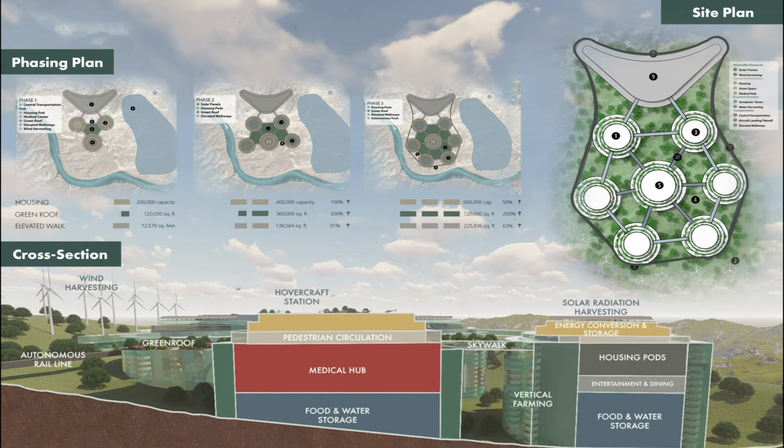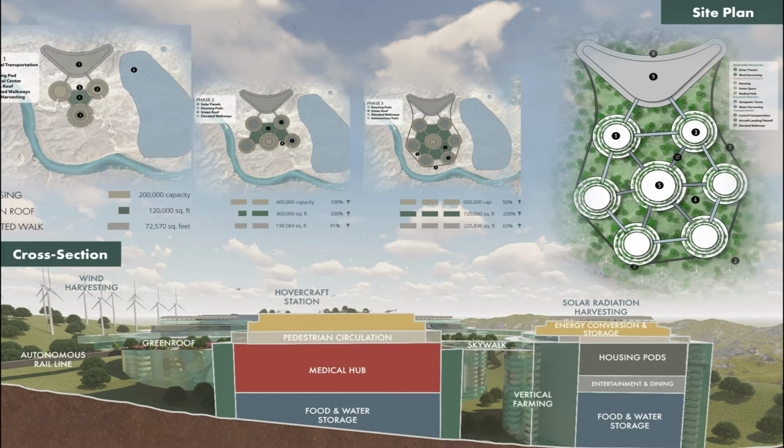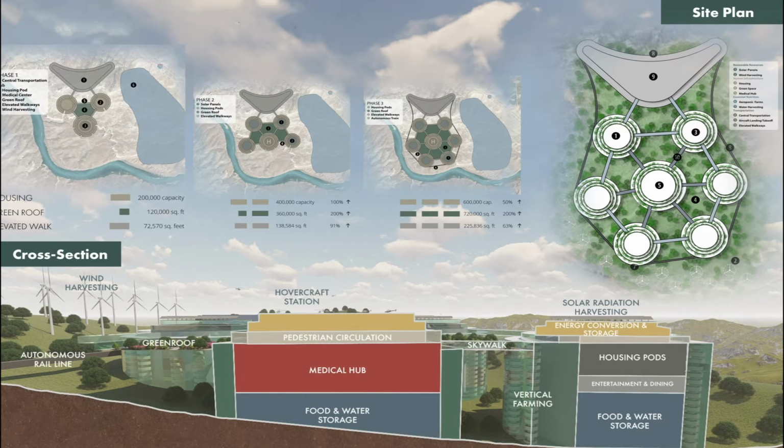Traditionally, people at the socioeconomic bottom without the financial resources to evacuate or relocate are hit the hardest in emergency events such as large-scale flooding. We included a public transportation system and helicopter system to efficiently serve those who cannot evacuate or relocate on their own. We realized that there will be a lot of trauma occurring before the occupants get to our hub, so we wanted to provide extensive green spaces connecting all the housing pods to the medical hub to help with mental health and PTSD. Phase 1 can be immediately implemented with a transportation hub, 2 housing pods, and 1 green room, and the medical hub with elevated walkways connecting them all.